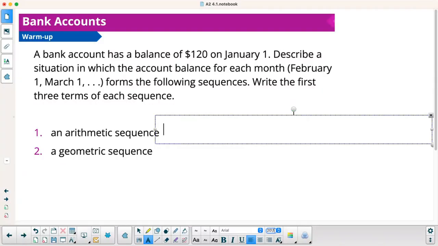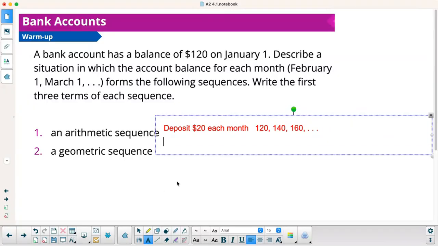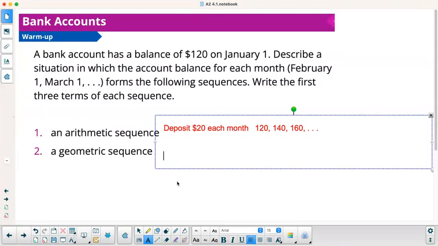So I'm going to say that you deposit, let's say, $20 each month. So you're just adding the same amount. You're going to start out with 120 for the first term, add 20, it'd be 140, 160, and so forth. Okay. A geometric sequence would be something like you're earning, I don't know, let's say 4%